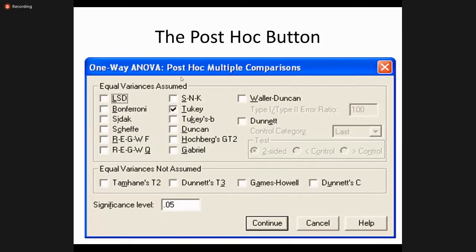Then the post hoc multiple comparison, because in ANOVA you want to see which group is different from the others. There are different types of tests available. In this case we use Tukey's post hoc multiple comparison test.